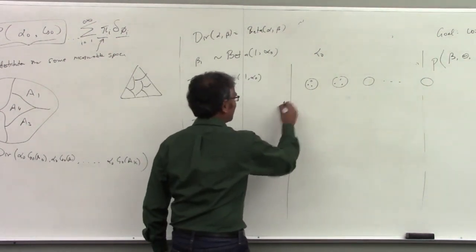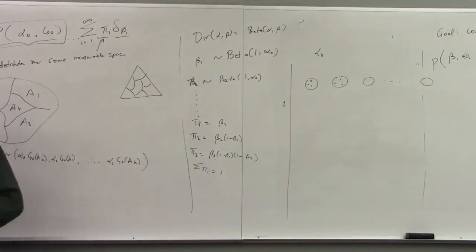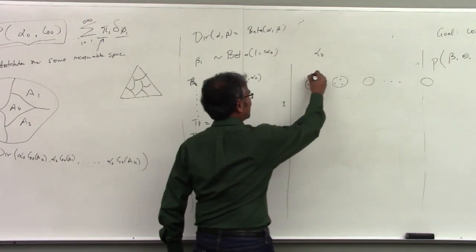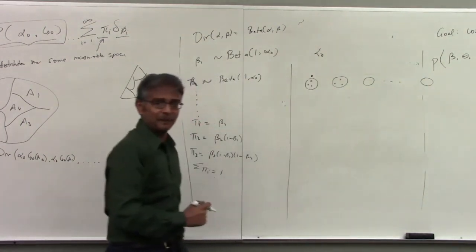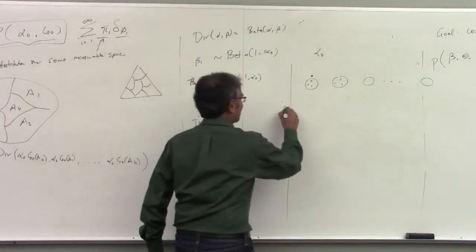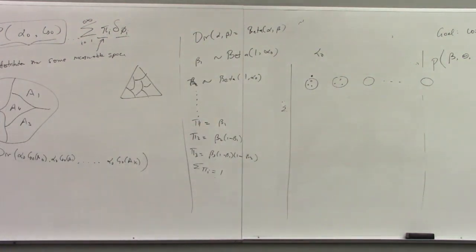So the first person comes in. There are no tables set up yet. The restaurant just opened. So they quickly set up a table, and the first person sits at the table. Okay? That's my first cluster in some sense. Now the second person comes in. And the second person has a choice. They can either go sit with the first person at their table, or they can say, no, I don't like the food, I don't like the person, and start a new table.